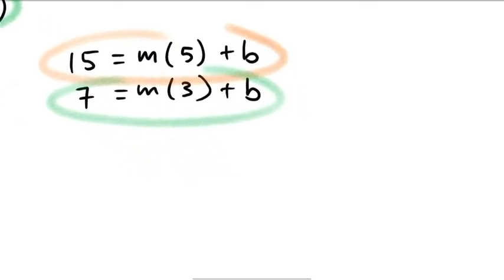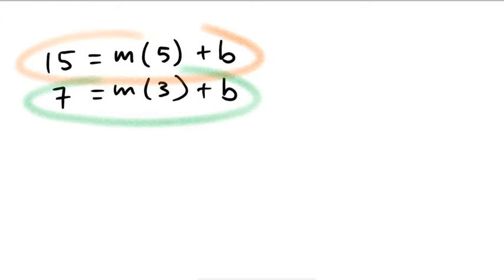And in fact, just looking at it, I can see that I've got this b and b, so I think I might solve this by simply multiplying one of the equations, it doesn't matter which one, by the number -1. So if I took the bottom equation and I multiplied every term by -1,